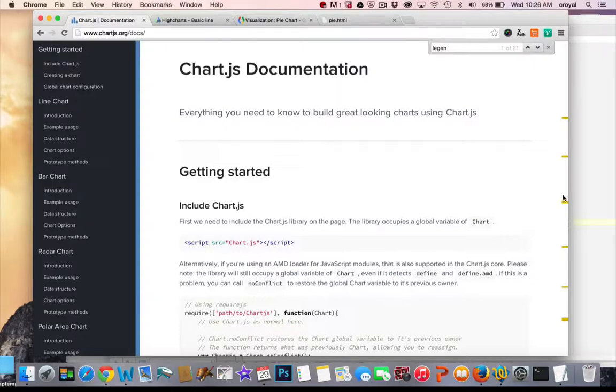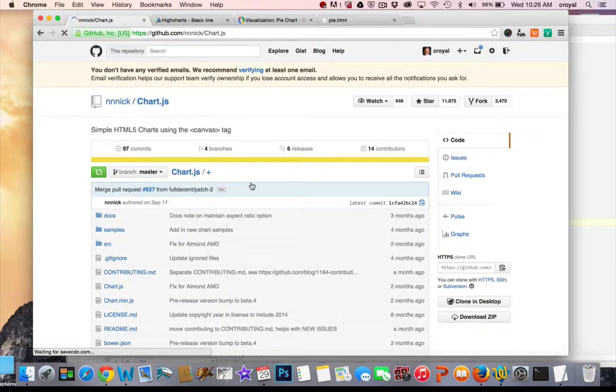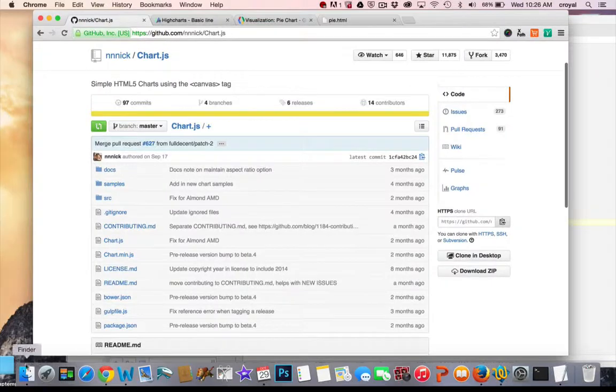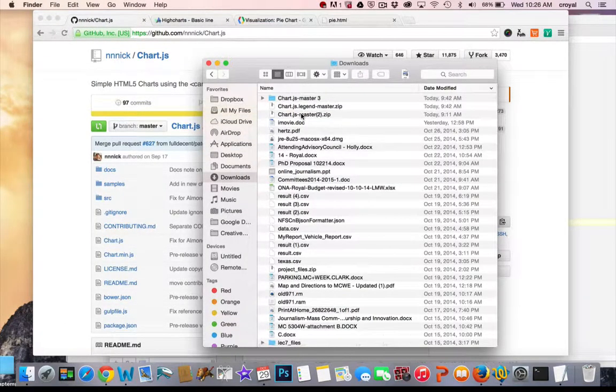So the first one is chart.js. And there are tons of examples on here and documentation on their site. And if we go to the actual homepage of their site, you can download from the GitHub. So I'll go to that. And you can download the entire zip file from the GitHub. And when you do that, you will have access to their